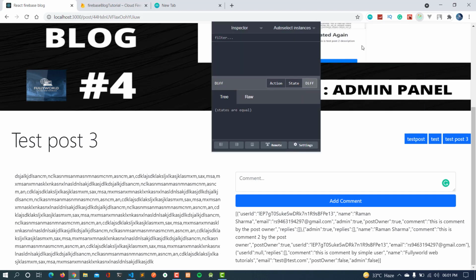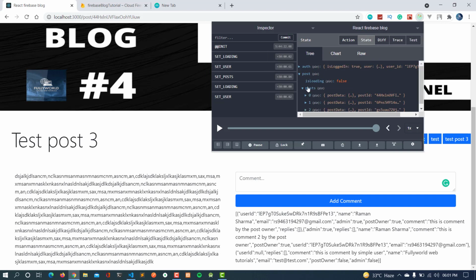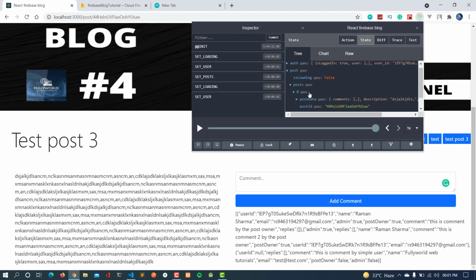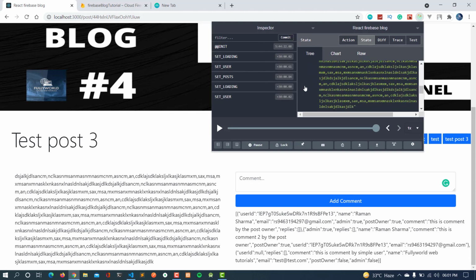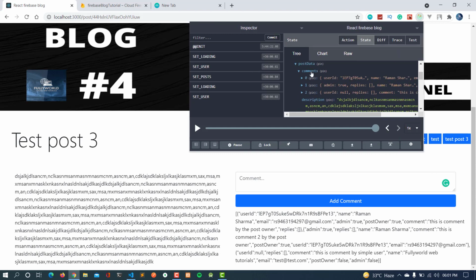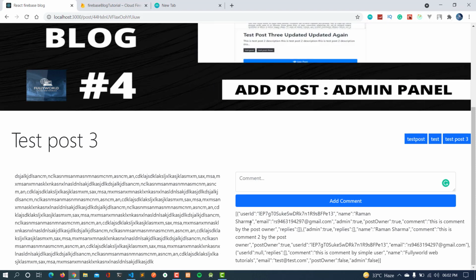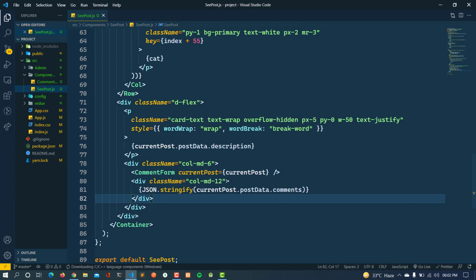Here in the posts, the first post, because we are opening the first post here, we are getting comments also, this one, and it is an array with indexes 0, 1, 2, and the array is containing objects. So we will use this. First of all we will use name, email, and after that we are checking post owner or admin here. So let's do that.